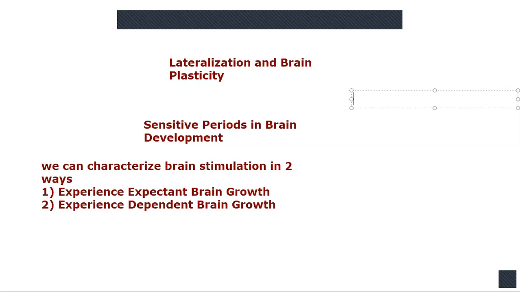Experience dependent brain growth occurs throughout our lives. It consists of additional growth and refinement of established brain structures as a result of specific learning experiences that vary widely across individuals and cultures. For example, when you invest in certain work ability or skill learning, somebody who is athletic would engage